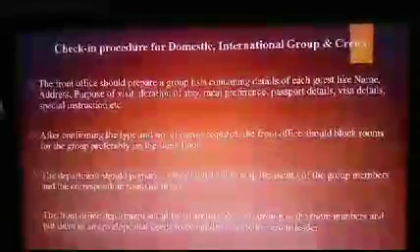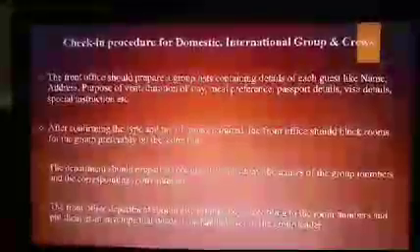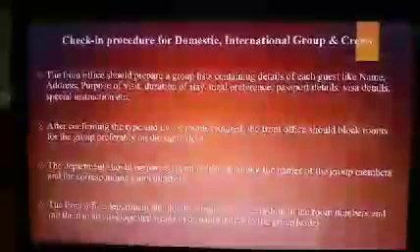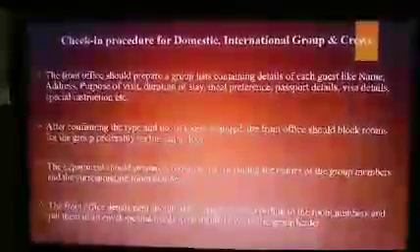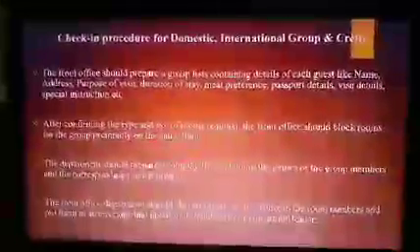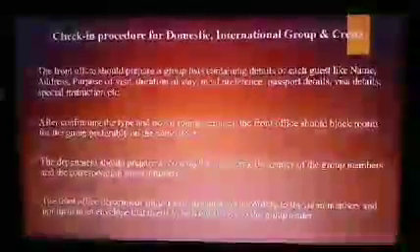Whenever we are expecting any groups in the hotel, we need to make sure that the front office prepares a group list containing the details of the guest name, address, why they are visiting, that is purpose of visit, how many days they are going to stay, room preference, meal preference, passport details, visa details, any special instructions given by the booker, etc.